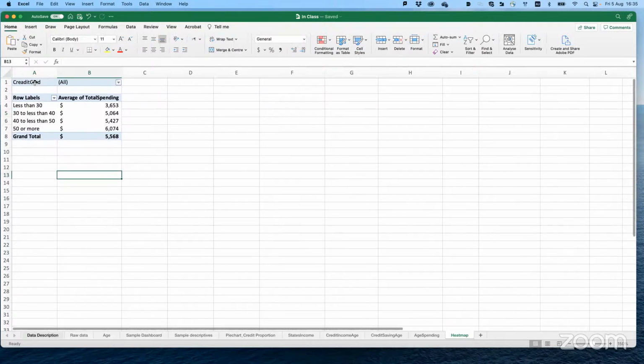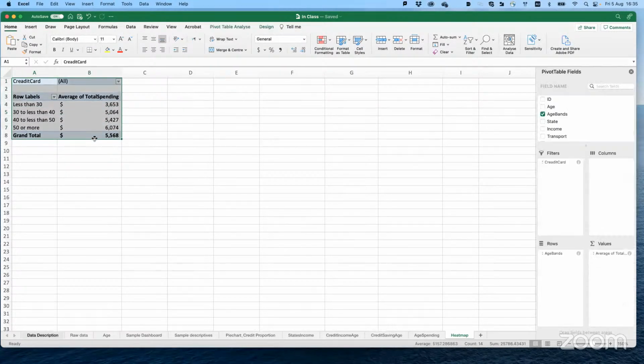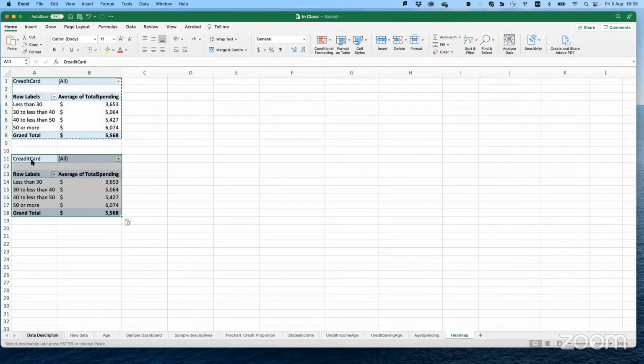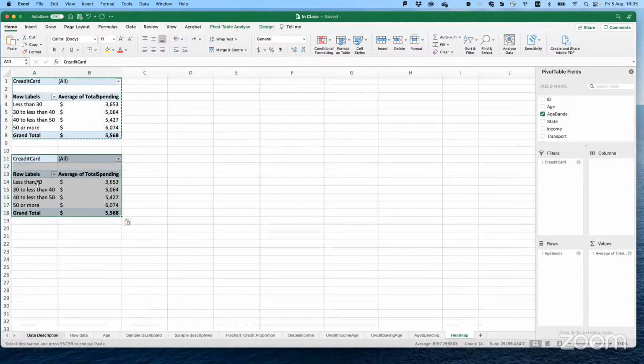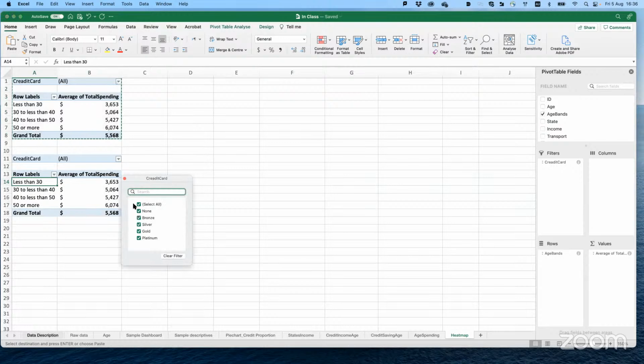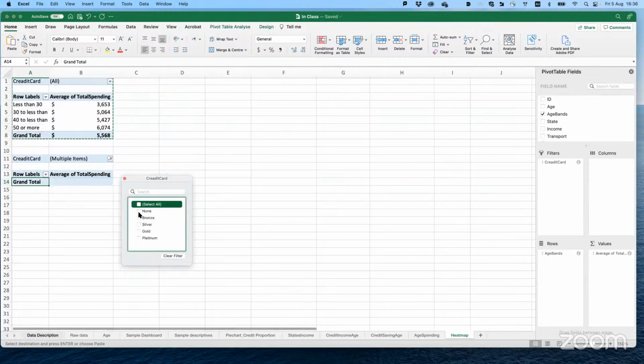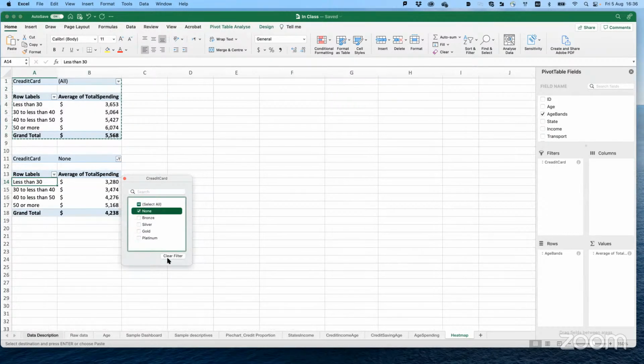So what we are going to do is copy it, Control C and Control V. For the second one, instead of selecting all, you select none.